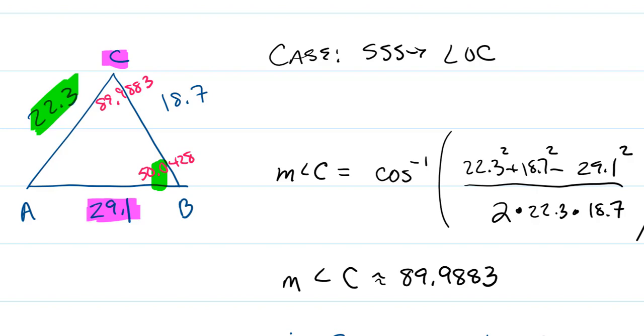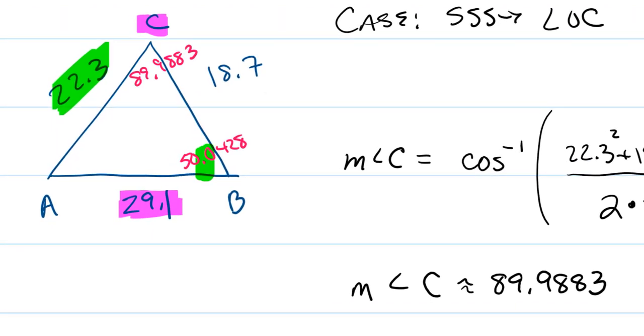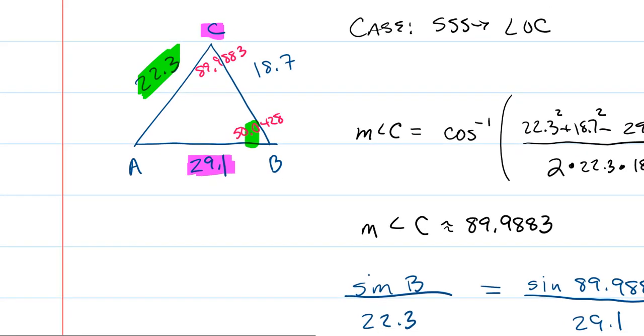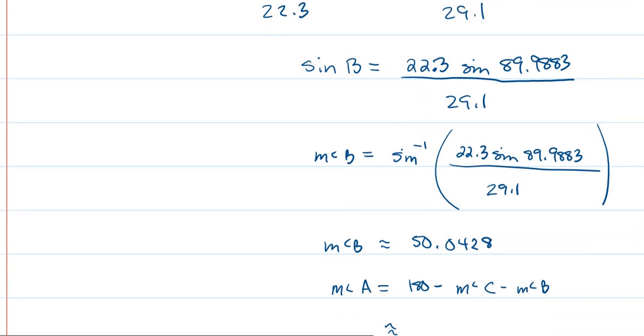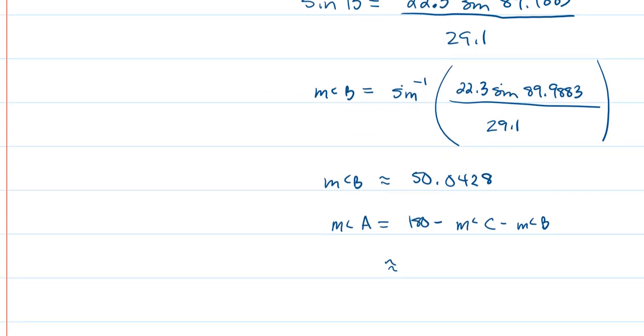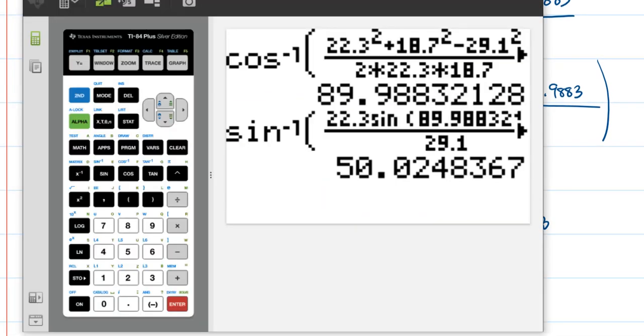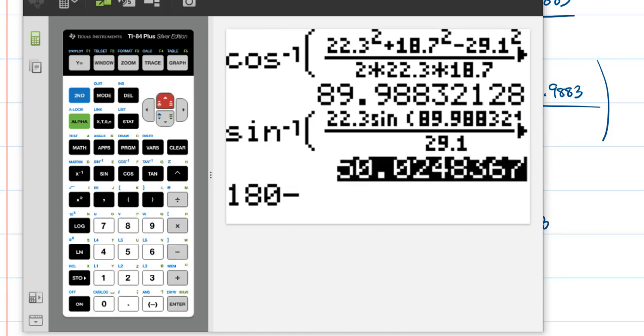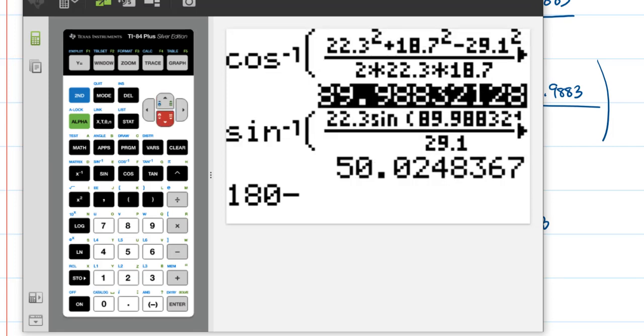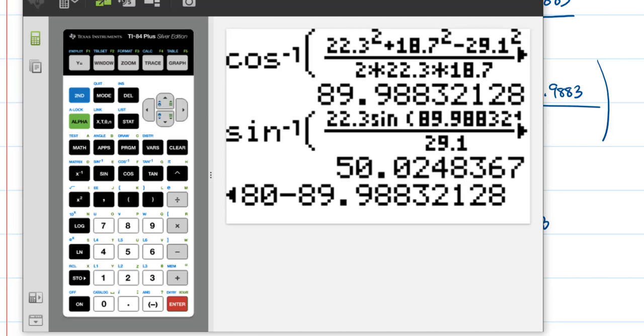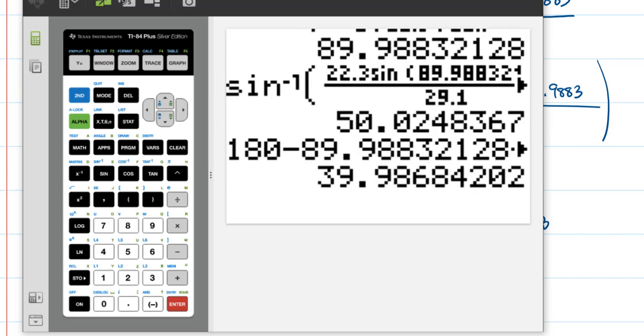Now you should remember the math fact, the triangle sum theorem: all three angles on the interior of a triangle have to have a sum of 180. So we're going to use that triangle sum theorem to find the measure of angle A. Again, just be real careful when you do that, because you're going to do 180 minus, and then you can just go right up and snag that 50 point whatever, or you can go up to the 89.9 blah blah blah. So you're going to subtract those two values, and that will give you your final answer for angle A, which is the last one,